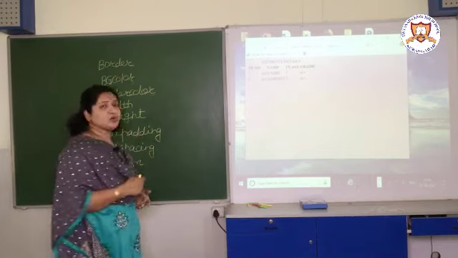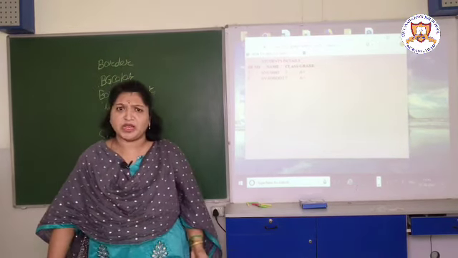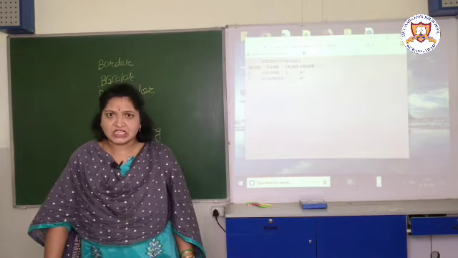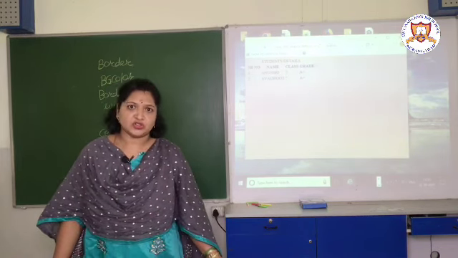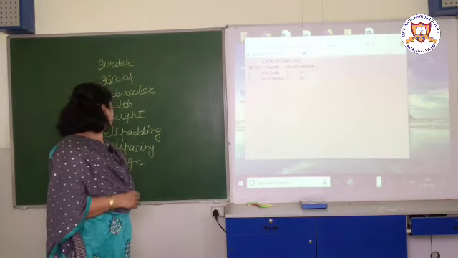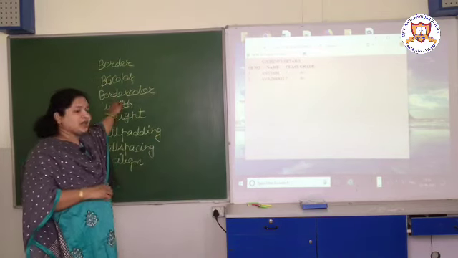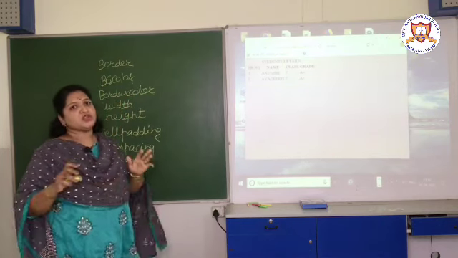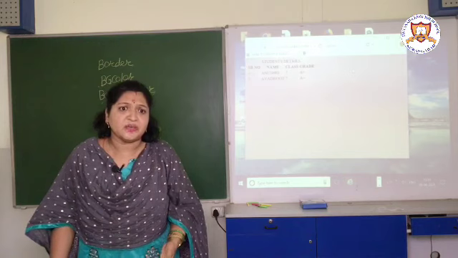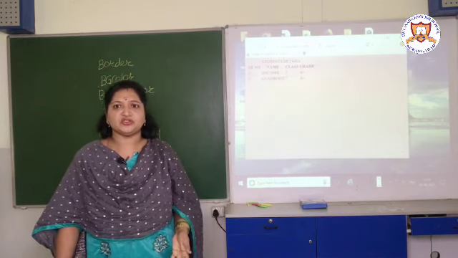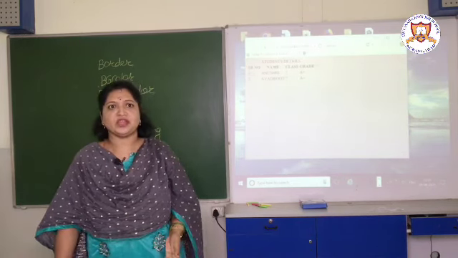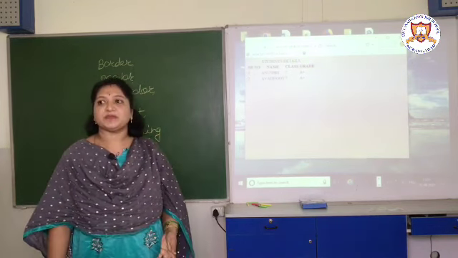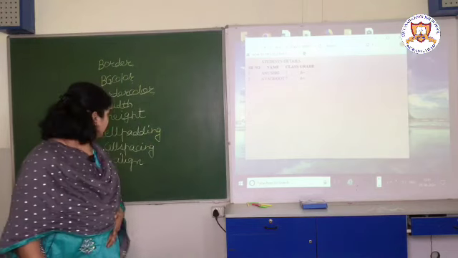Suppose table bg color equal to red, pink, blue, purple, or you can use codes also. There are codes for different colors. You can use these color codes also to give the color. Then a different border color also you can use for the table. Using only border, you are choosing the width of the table border, and after that you can specify the border color using border color.